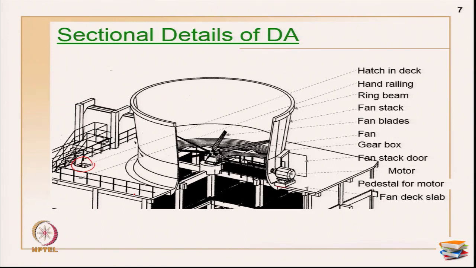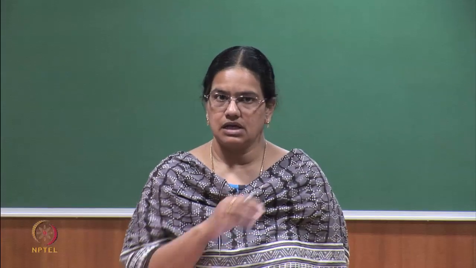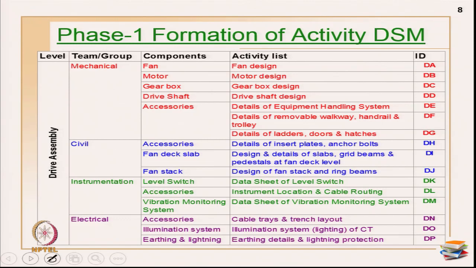So, here people are coming in, and you need electrical wires and cables and so on in order to operate the fan, motor and gearboxes. Civil work is already there. These are primarily the mechanical equipments, and we also have many instruments here to check the noise on the fan, to check the vibration of the gearboxes and so on. So, there are other instrumentation assemblies also there. Okay. So, now what do I do?